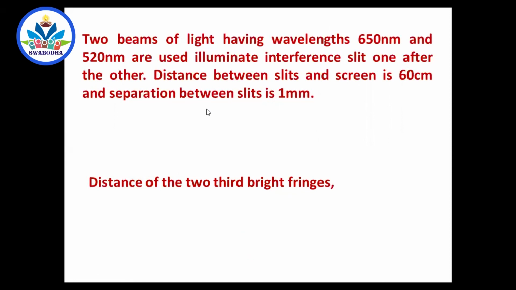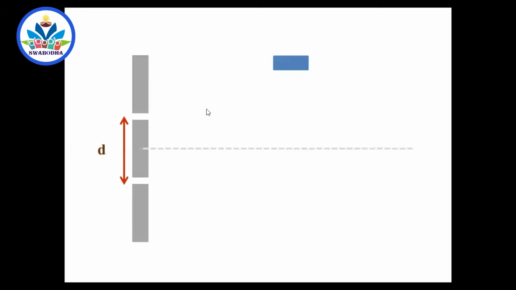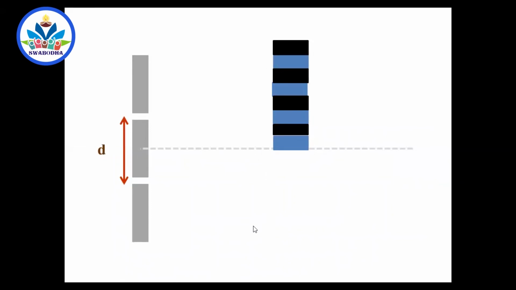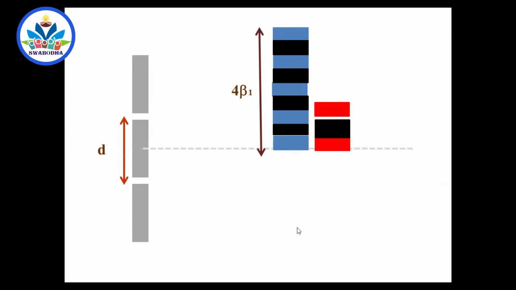Now, the distance between the two bright fringes is also over, and the third bright fringe. Now the coinciding point. Again the same process. At the central bright fringe you have one wavelength, and then dark, bright, dark, bright, dark, bright. Of course it continues. 0th, first, second, third dark fringe, bright fringe is produced. Fourth bright fringe: 1, 2, 3, 4. This is 4 beta 1. What about switching on the other light? Its lambda is more, so beta is more, so the fringes are far away. Next bright, dark, bright, dark, bright, and the bright fringes coincide.